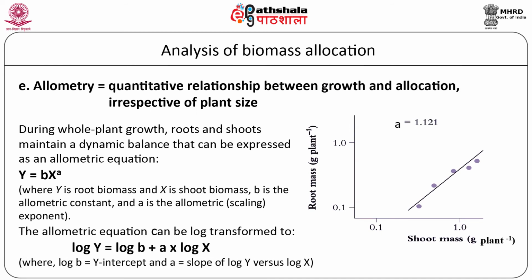Log transformation of the allometric equation gives a straight line, the slope of which is called the allometric coefficient, that is A, and the intercept represents the allometric constant. Any departure from a particular root and shoot relationship can be explained in terms of initial conditions, differences in intercept, that is B, versus biomass partitioning during growth, that is differences in slope A. This relationship may apply to any other organ of the plant as well.